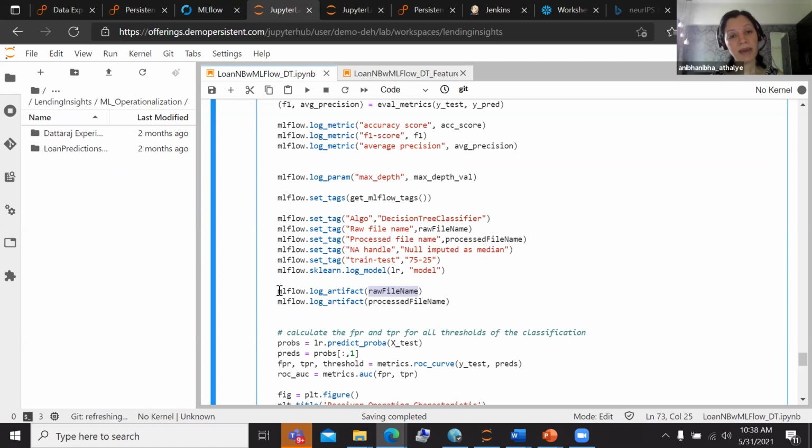It may not be the best method, because when you store data this way, you are actually creating a copy of that data and asking MLflow to store that copy. For small or mid-sized data sets, this is an okay method. However, when you're dealing with huge data sizes, we recommend using things like time travel properties of the database.